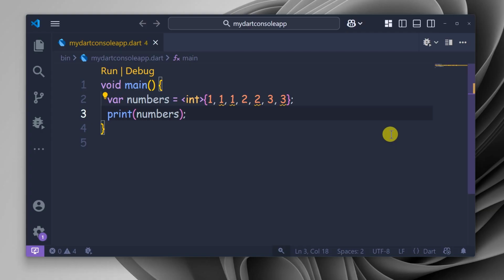We use the curly braces and angle brackets to tell Dart this is a set of integers. So here we use the curly braces and add some values or items in it, and like this we can define a set in Dart. And if you want to declare a data type for our set, we can use angle brackets, and inside the angle brackets we can define the data type that we want to tell Dart this set is of. So in this case, we use int to tell Dart that we have a